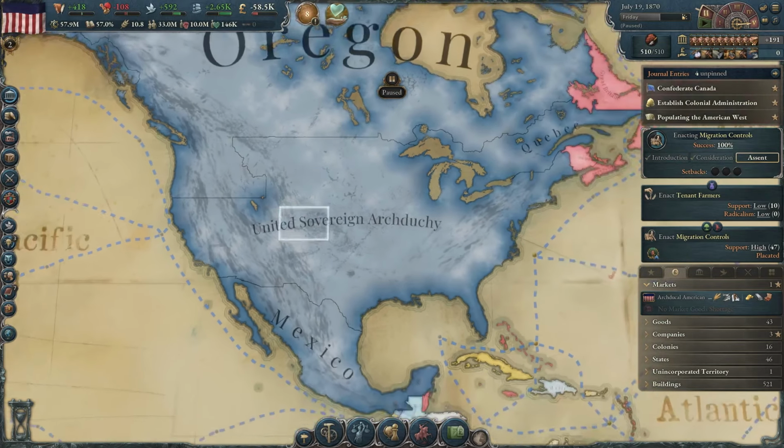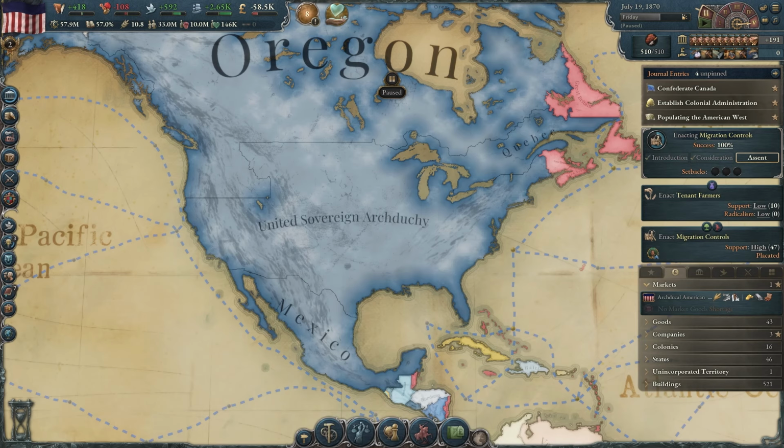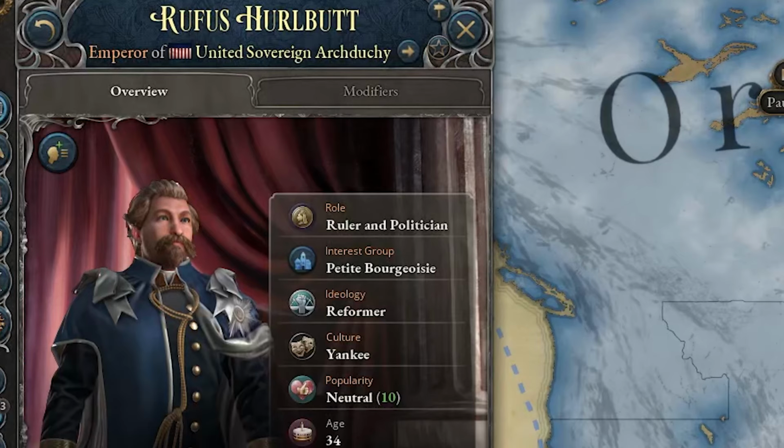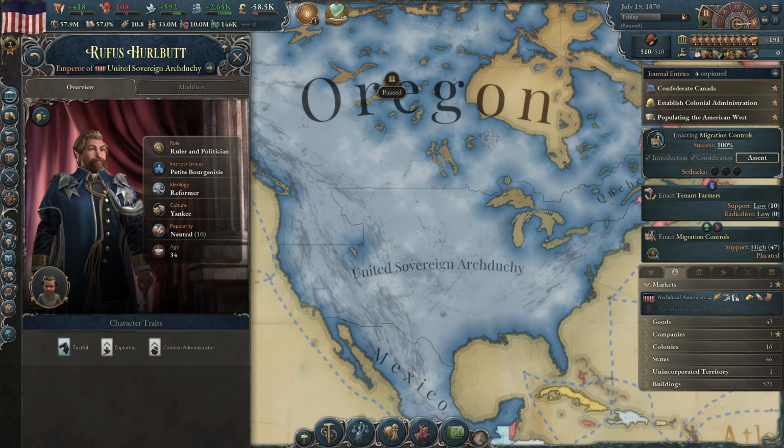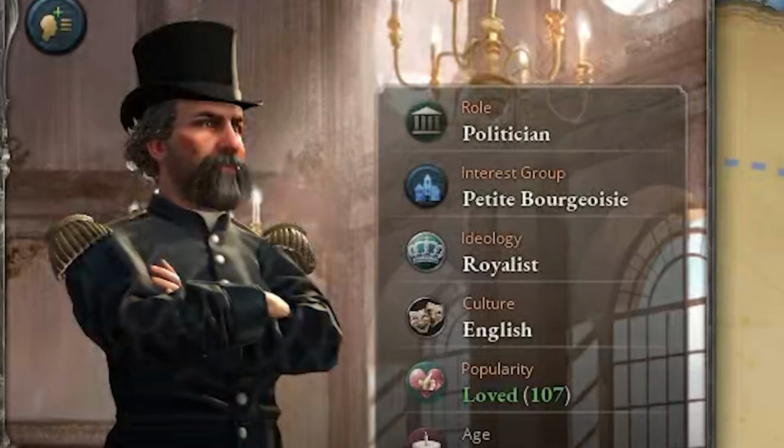Now, as you guys can see here, I am currently playing as the United States of America, or just the United Sovereign Archduchy with good old Rufus Hurlburt, which I'm surprised it's not Joshua Norton, but you know what, that's completely okay. I mean, that's him there, so...